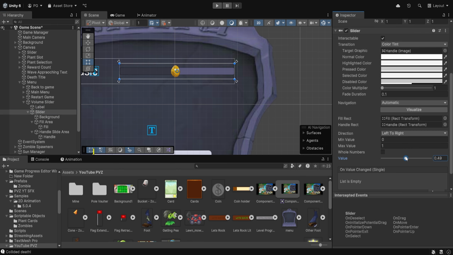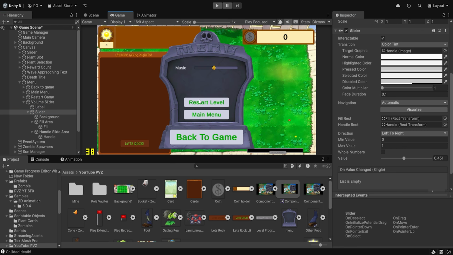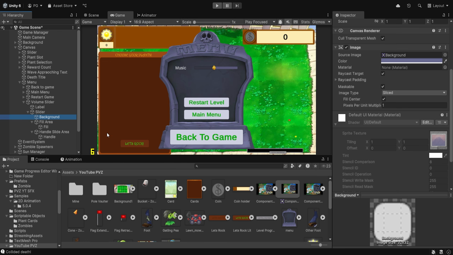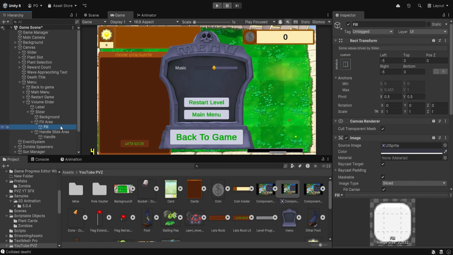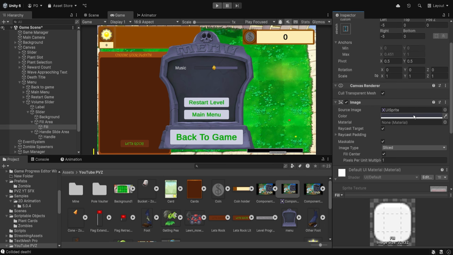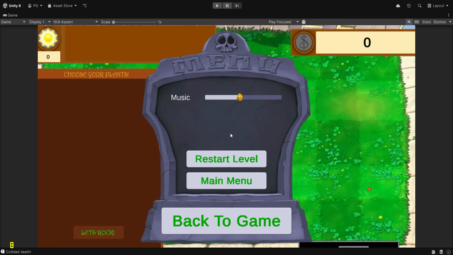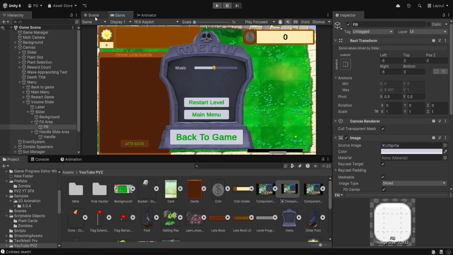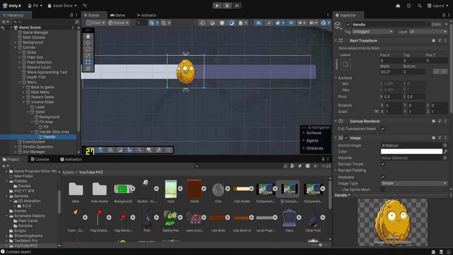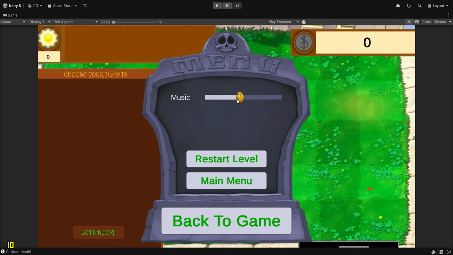I'll just have it as here. Okay, maybe it's not that good. For the fill area, let's just use this color. It's brighter, and I think that looks good. We can make this one a little bit bigger if we want. I think now this looks a little bit better. Alright,